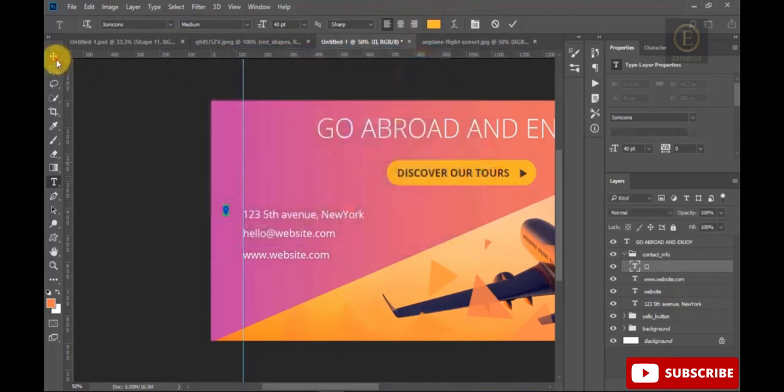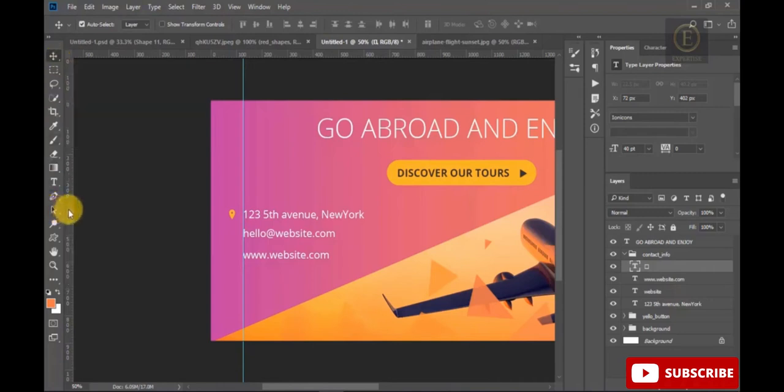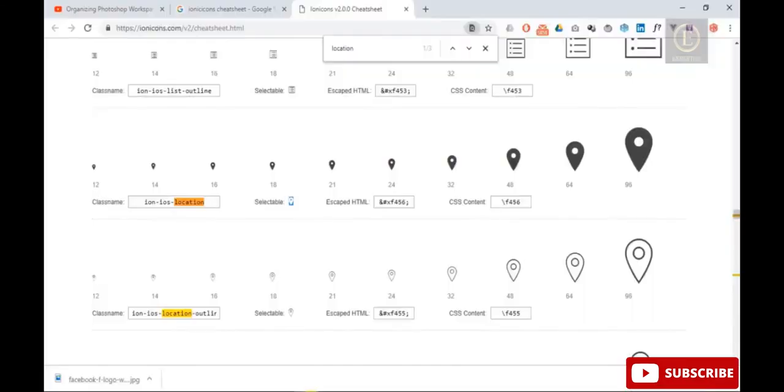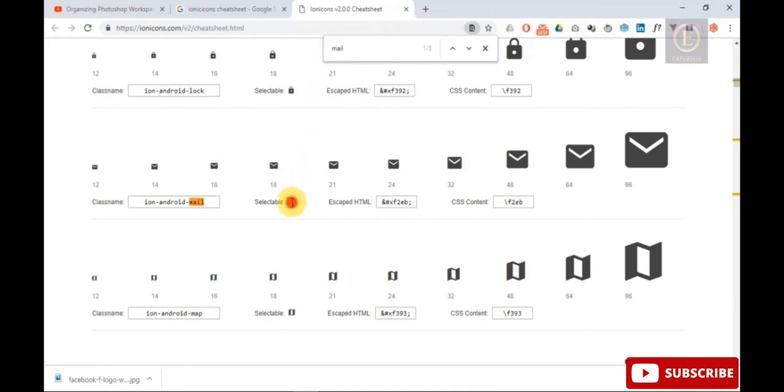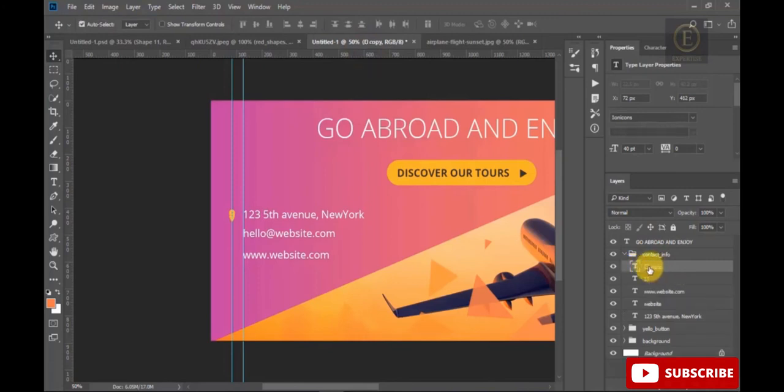We change the color, we make it aligned with the address, and as you can see, you have now the icon. We will make other icons for each line. So we go back to the page, we look for this icon, we copy, we duplicate the icon,